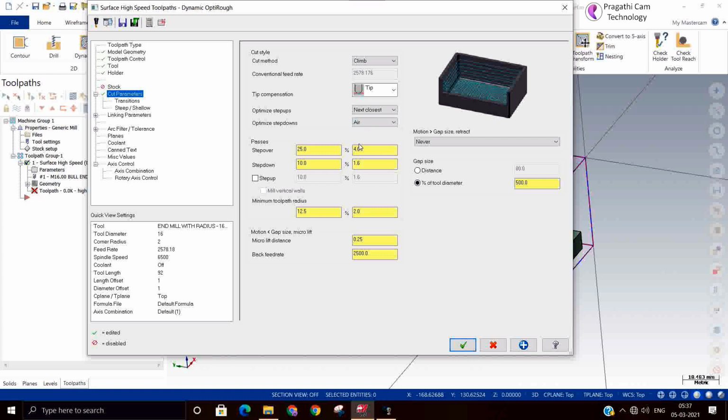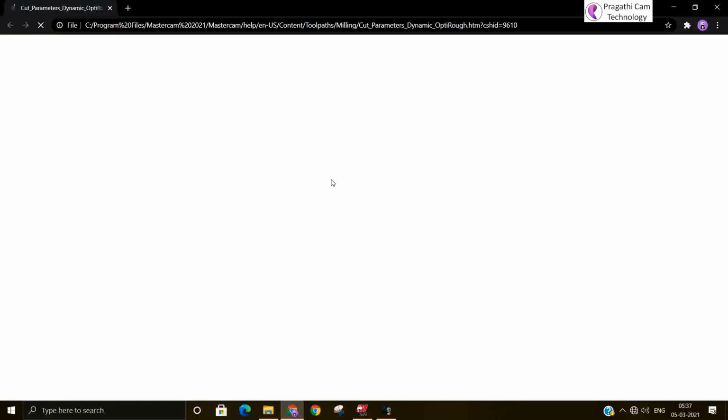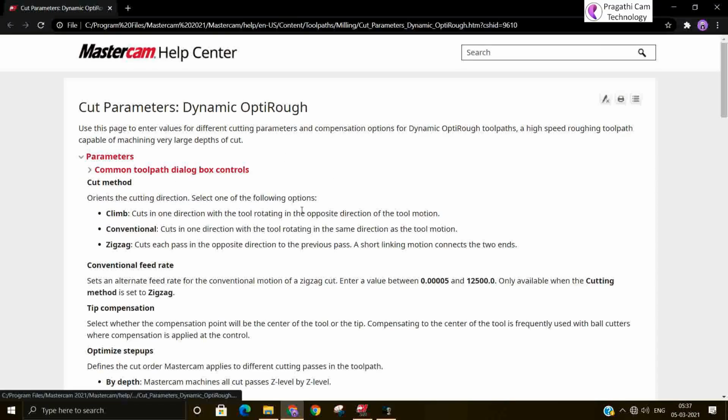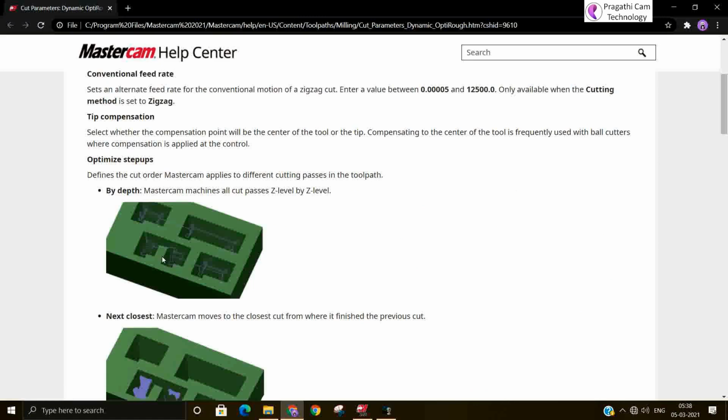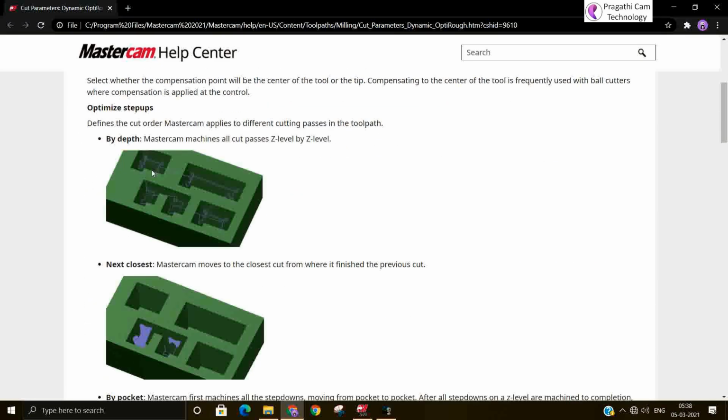Now you can check in the parameter what it is. By depth means one mm, sub one mm. So by depth option is mostly used in thin materials only, otherwise not necessary.